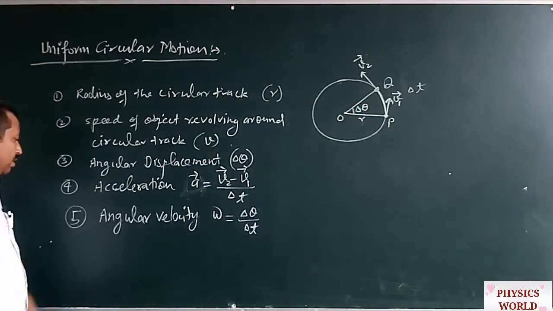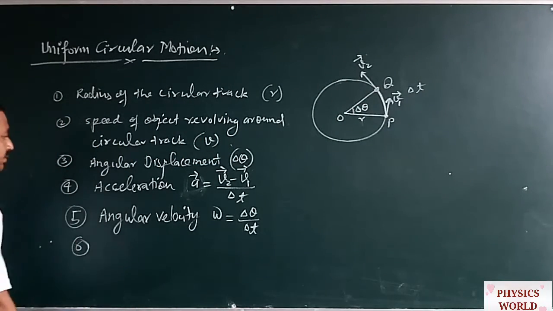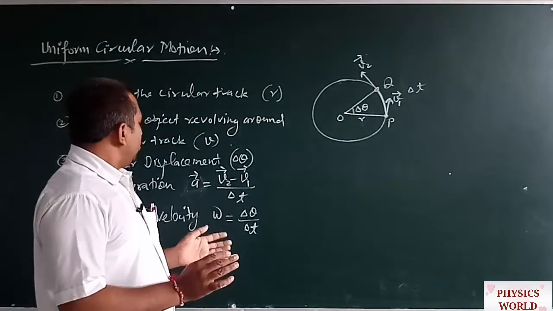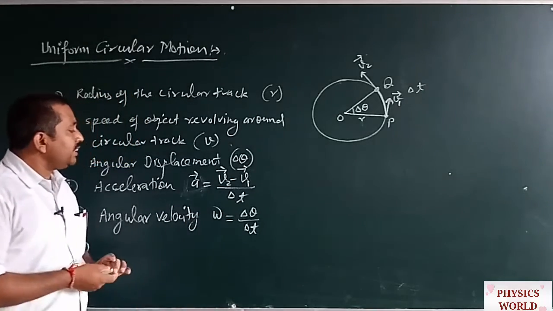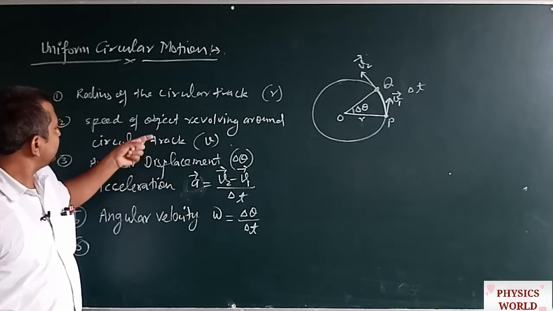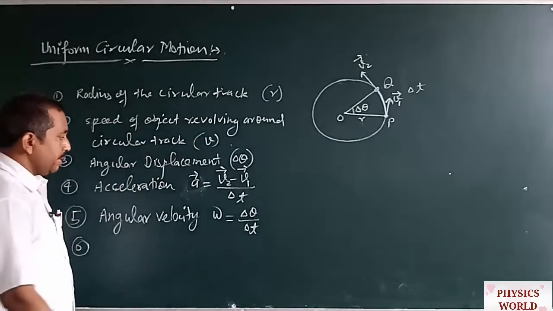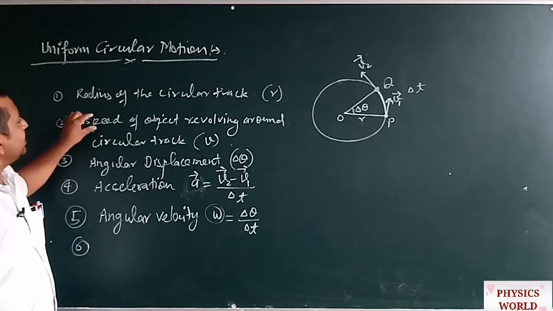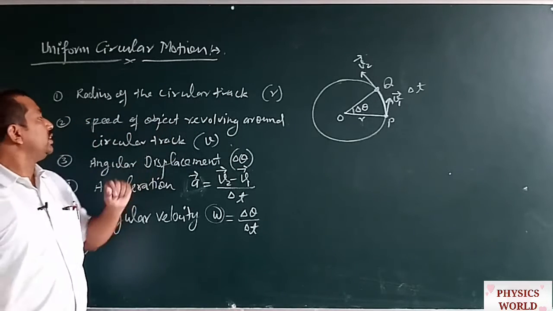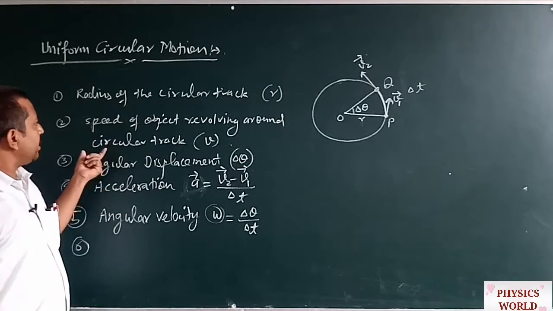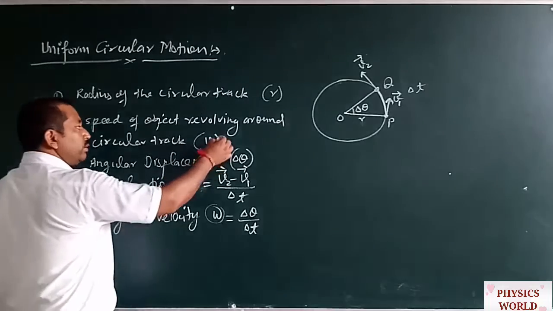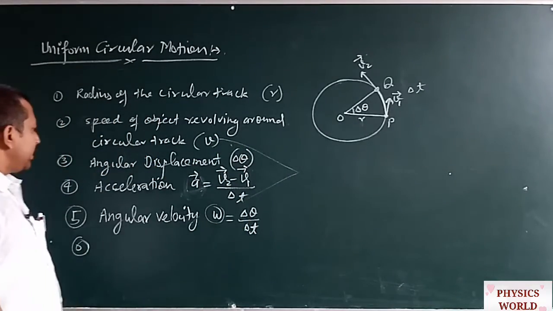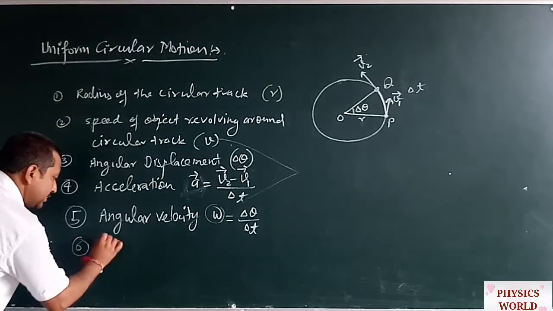Okay, now come to the sixth point, which tells us what will be the relation between this angular velocity and this linear velocity. It means angular velocity and the speed of the object revolving around the circular track, that is v. What will be the relation between v and omega? So to derive an expression, a relation between v and omega,